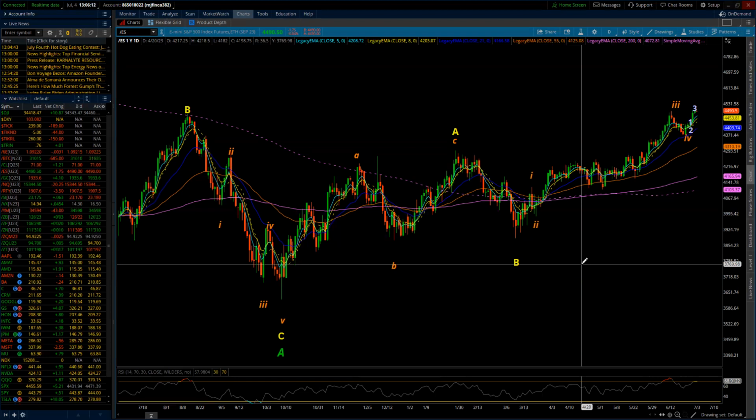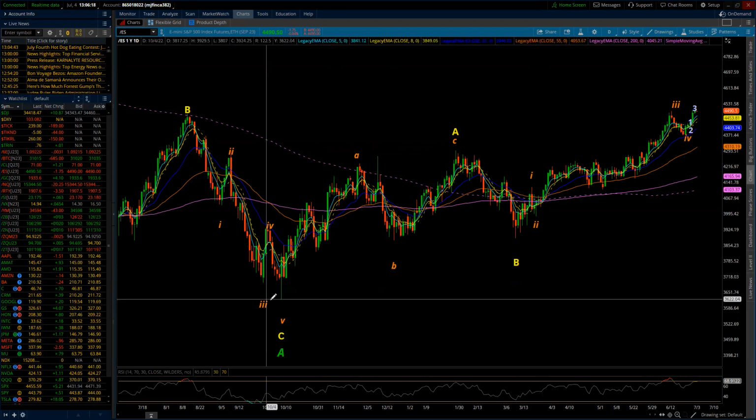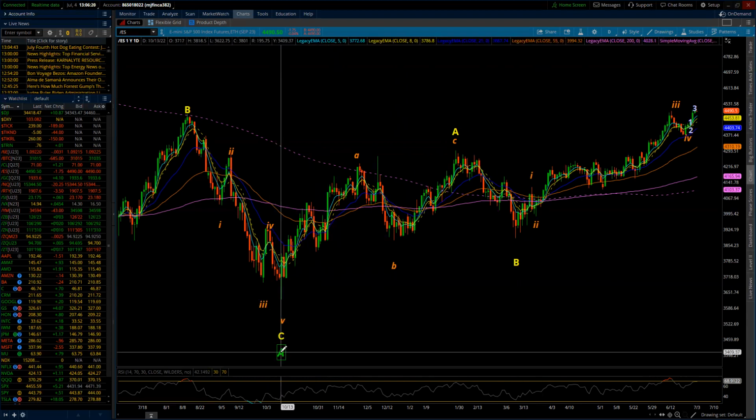Really focused on all of the action that's taking place from the October 2022 lows right here. And that is the completion point for primary wave A. Again, the January 2022 all-time highs mark a completion point of a supercycle wave 3. Counting down from that, it was a primary wave 5, intermediate wave 5, all the way down, a cycle wave 5, primary wave 5, intermediate wave 5 to complete that supercycle wave 3.